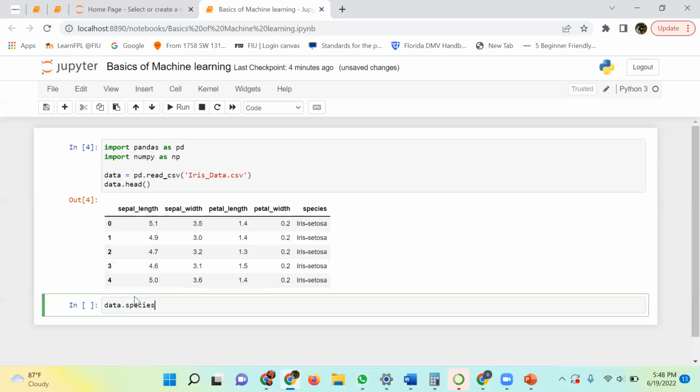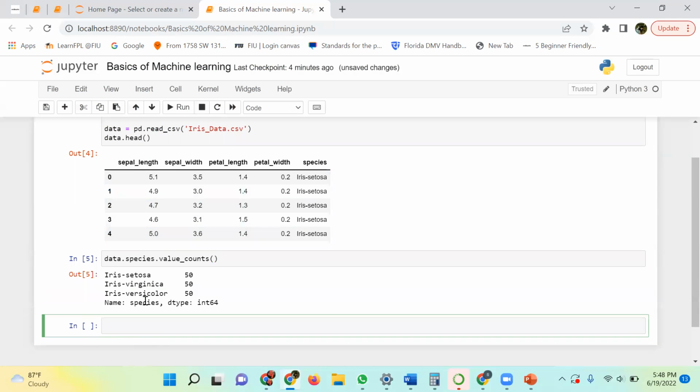I am calling the data, and then in that I'm calling the species column, and then I'm going to do the value counts. Okay. Here, as you can see, the species column has Iris setosa, Iris virginica, and Iris versicolor, and